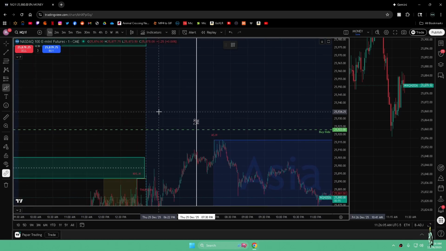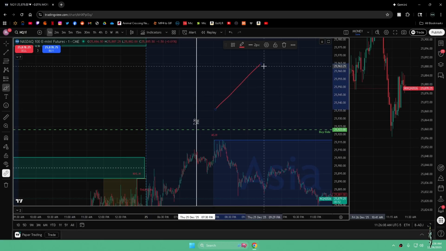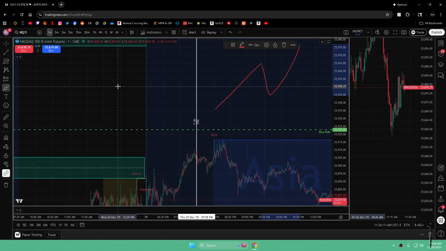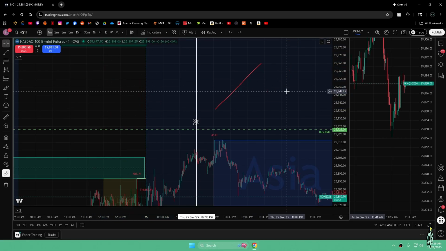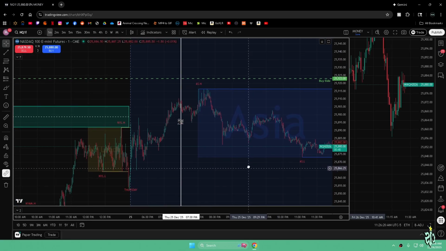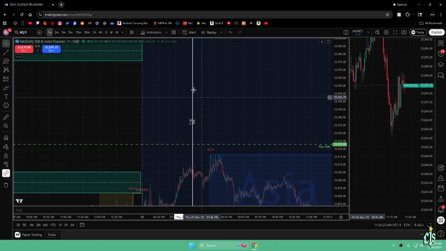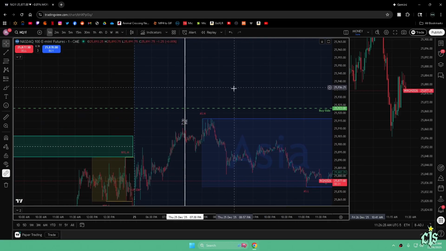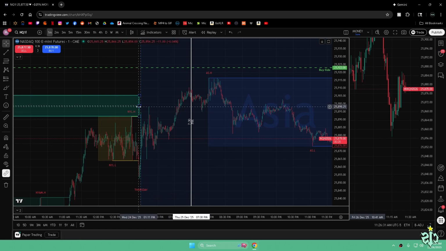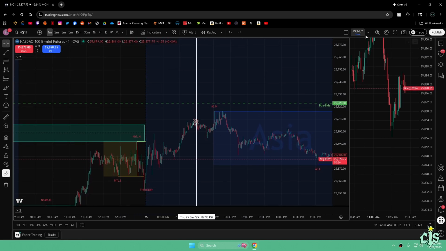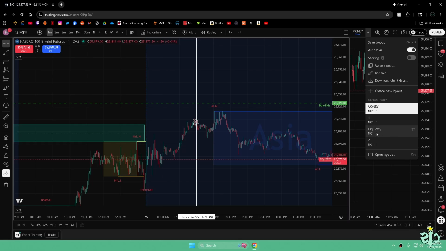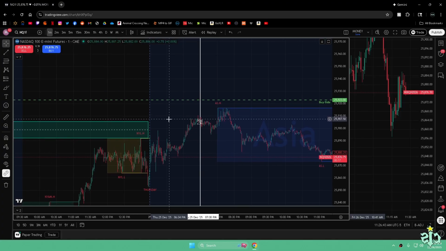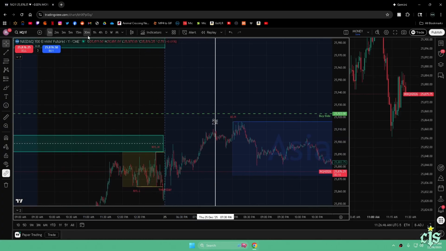Because the market doesn't move like this, it moves like boop, boom, right? Or it doesn't move like this, it goes boom, boom, right? It needs a pullback before it goes further towards its draw on liquidity or its draw on imbalance. Same difference, liquidity, imbalance, right? So I marked this out for you guys, and I gave you guys a copy on the buy sides, sell sides, and the 1 hour gaps that were made previously in market.